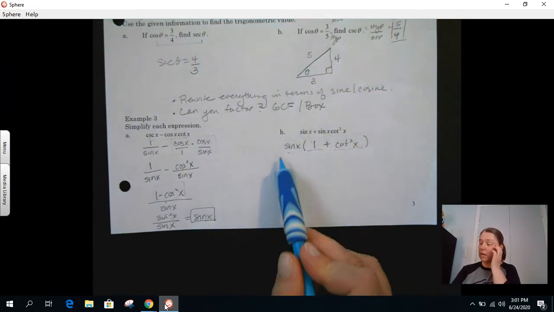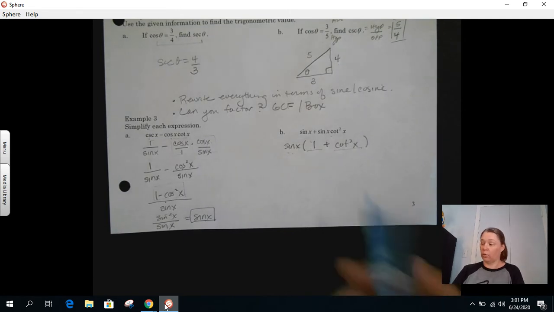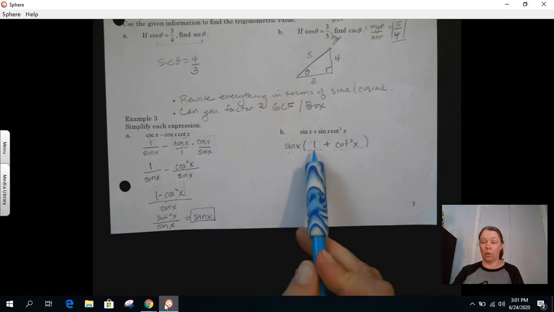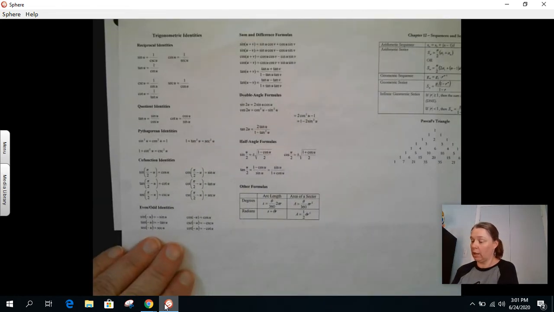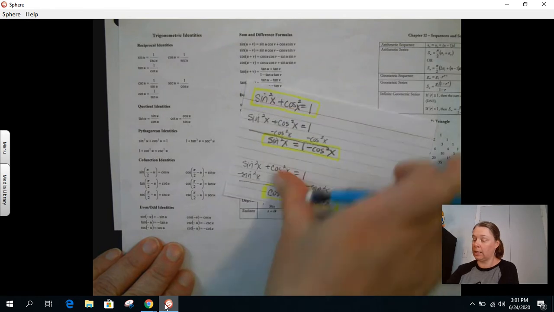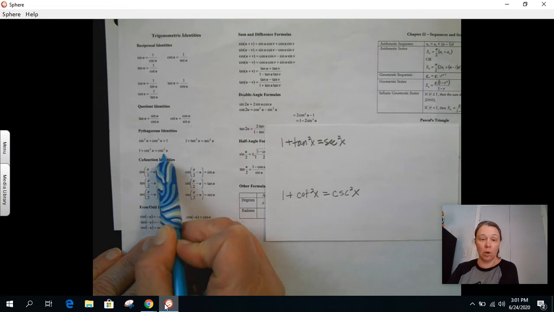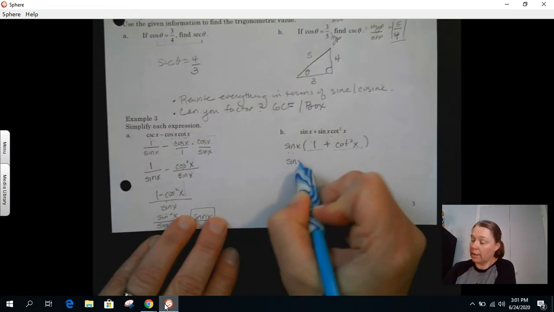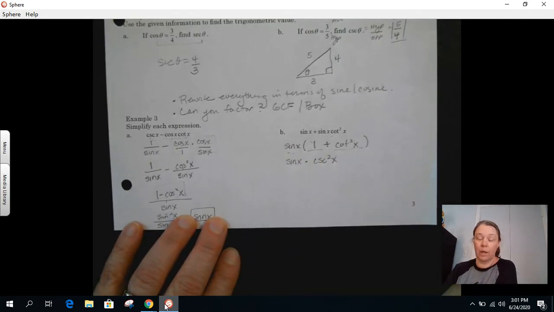Okay, so now that I'm taking a look at this, I've got 2 things I could do. I could rewrite this in terms of sines and cosines, or I could look on my identity sheet and see if there's anything that's equal to this 1 plus cotangent squared of x. So when I'm looking at my identity sheet, including all these bonus identities here, I see 1 plus cotangent squared is right here. It's equal to the cosecant squared of x. So in place of this, I've got sine of x times cosecant squared of x. And now I'm going to go for